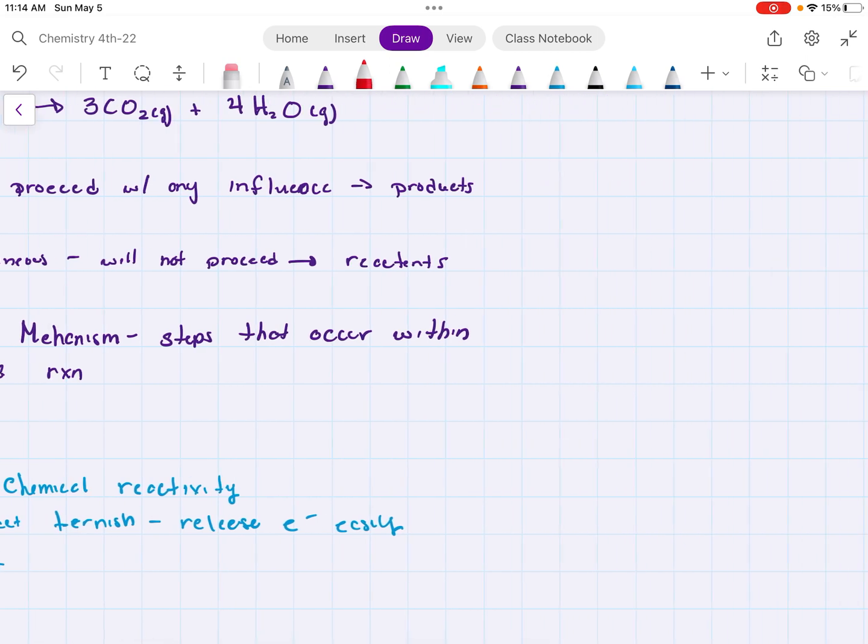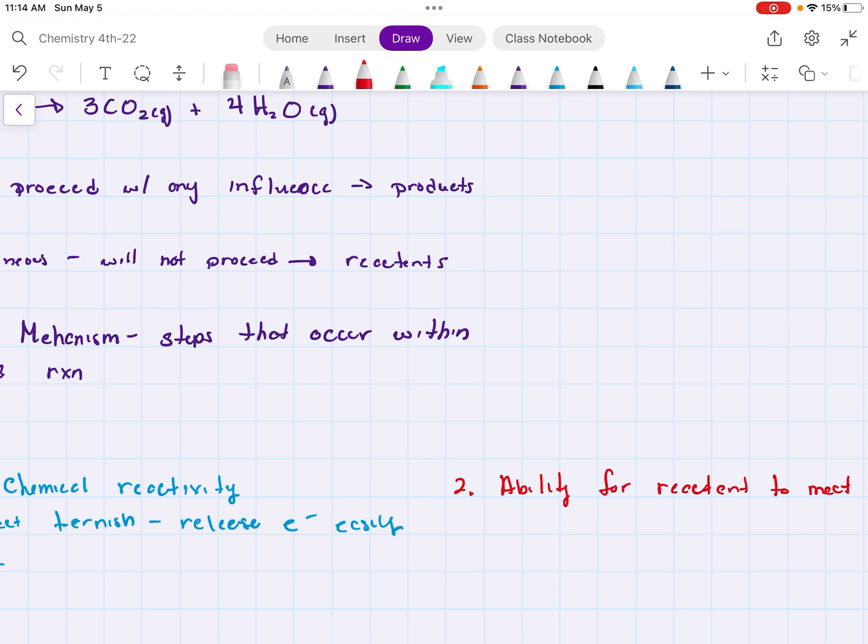Let's take a look at another example. The other example would be the ability for reactants to meet. Remember, in order for a reaction to move forward, the reactants have to come in contact, right? So if the reaction has two or more reactants, they have to be able to come in contact with each